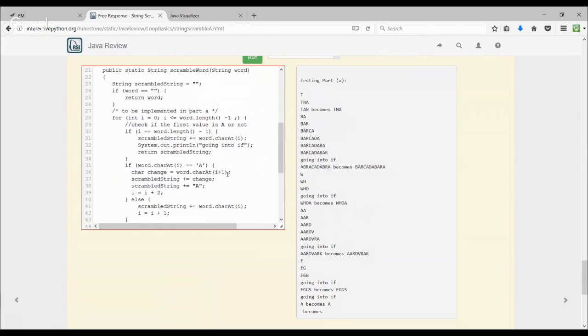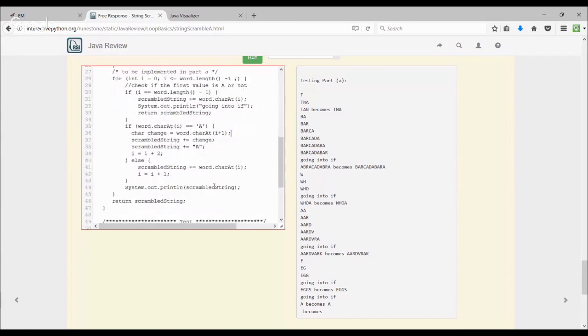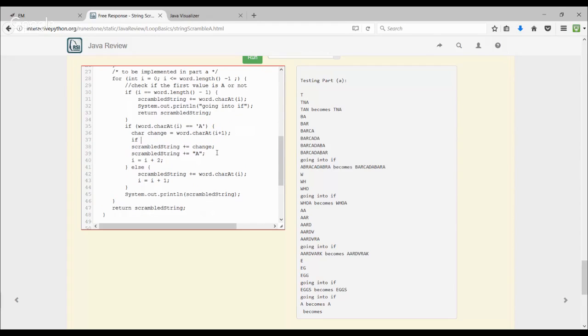Oh, you're saying this is because of the special case. Okay, so you're saying we check if I plus 1 is A, and if it's A, then don't swap because you're not supposed to swap two A's with each other. No, you swap if I plus 1 equals A, you do the same thing that we have listed in lines 36 to 39, except you're doing it with I plus 2 instead of I plus 1. You mean the other way around, I plus 1 instead of. Yeah, you're just swapping the other A and not the two A's basically. Okay. So if